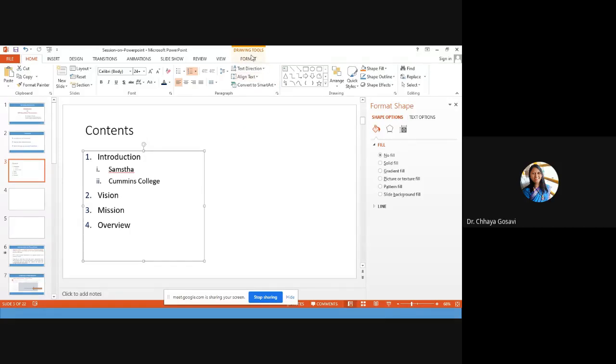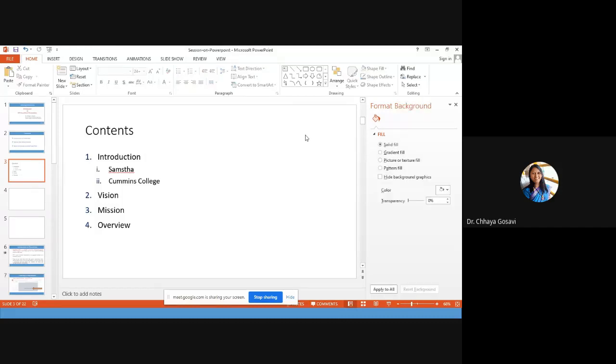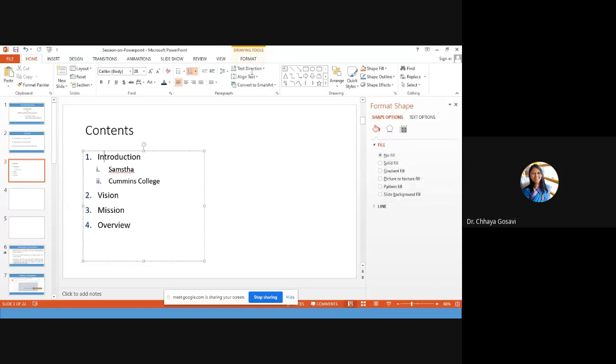In this format section, you can see a new toolbar gets added, Format, for this text box. If I click outside this text box, there is no format tool. If I click on the text box, there is a format tool. It is drawing tools. It will vary as per the content that I import into my slide. Here I imported a text box. So this is formatting for drawing tools. These are various shapes you can draw with the text box. Then you can arrange these shapes. You can fill and outline. We are going to learn about the shapes in a later section. So this is about the Home ribbon.